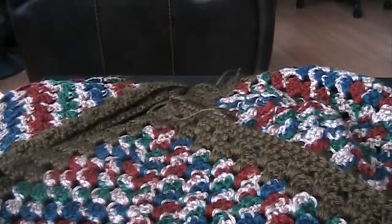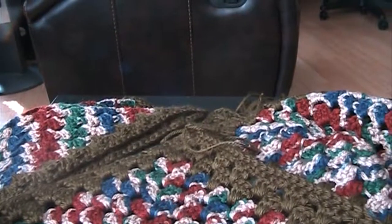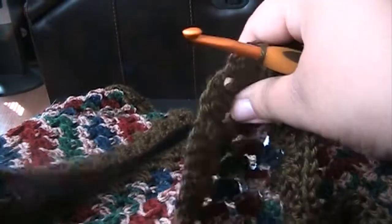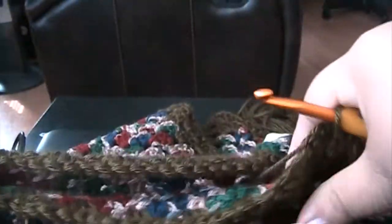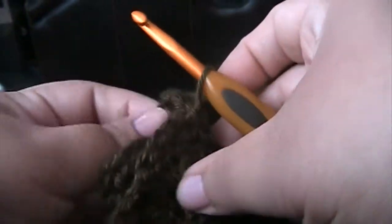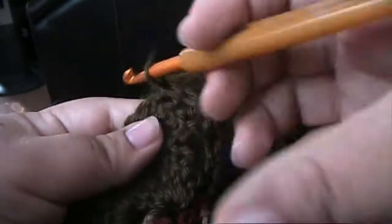Okay, so now we're gonna attach the next sleeve. So we're going to go ahead and grab the next sleeve, and we're gonna place it right sides facing. Remember, we're gonna place it here. Okay, and we're gonna go ahead and sew it together. From here we can continue with, there's no need to cut the thread, just